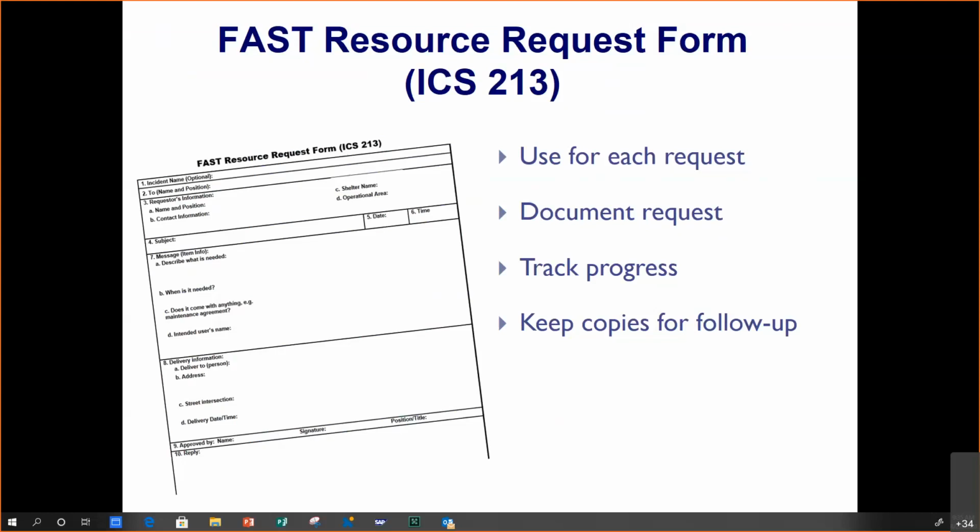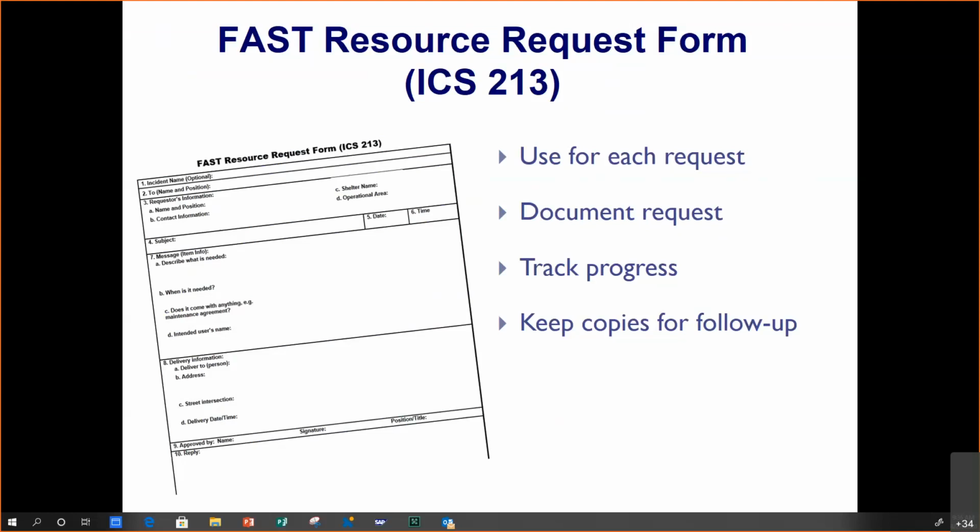Be as specific as possible on the request forms. It helps the person filling the resource, it helps the coordinator, it helps the team lead, it helps the shelter manager, if you can be as specific to the resource needed as possible. And